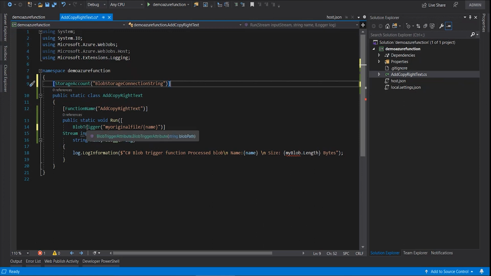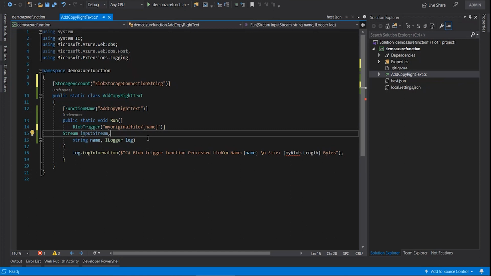So see, this is the blob trigger. With the blob trigger, this Azure function will monitor this blob container. Whenever there is a file placed in this blob container, it will pass the name of the file as a parameter here. So this will be the input string. Now we also need an output string where, after processing, we put the file in another blob container. So we'll just write here